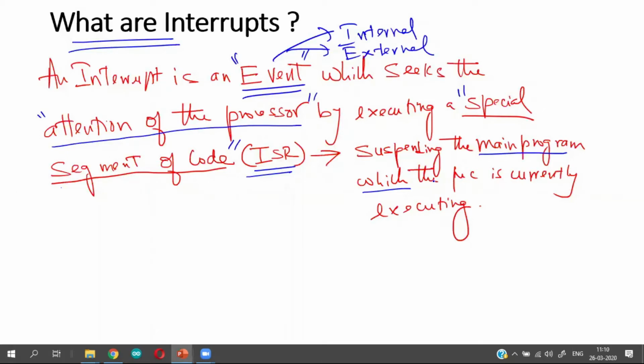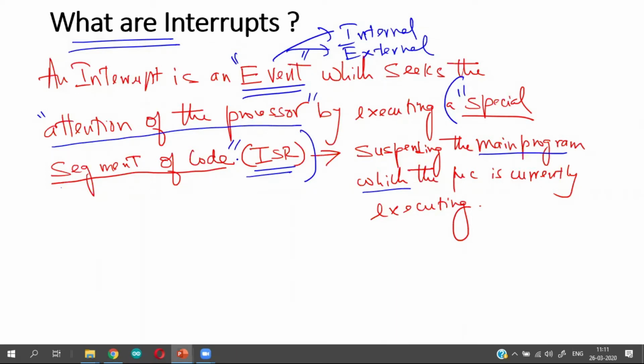Whatever the current task or the current program the microcontroller or a microprocessor is doing, it will suspend it and then it will execute a special segment of code. That special segment of code is called an interrupt service routine. So this is what an interrupt is.